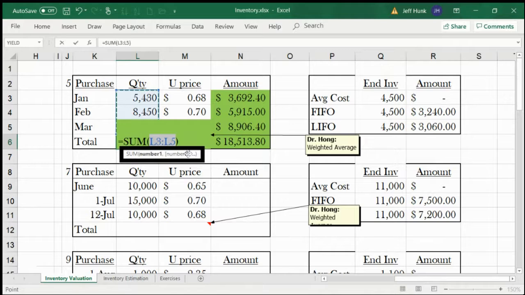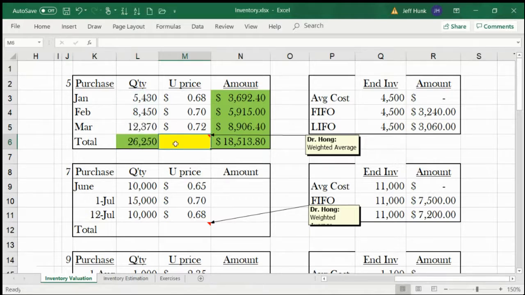Auto sum, right? And then if you divide this by this, that's the weighted average. And you might say, oh, because it's 68 cents, isn't that the average of these I've been saying,